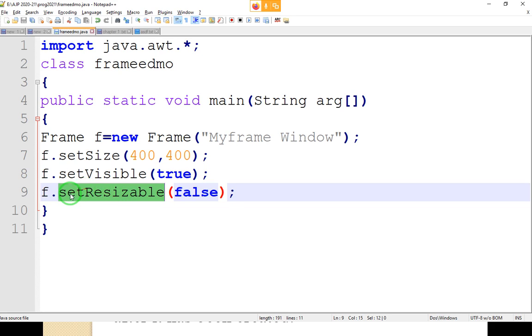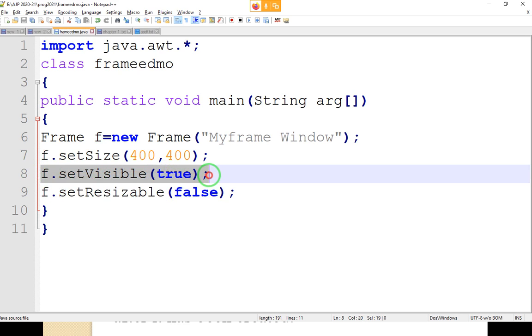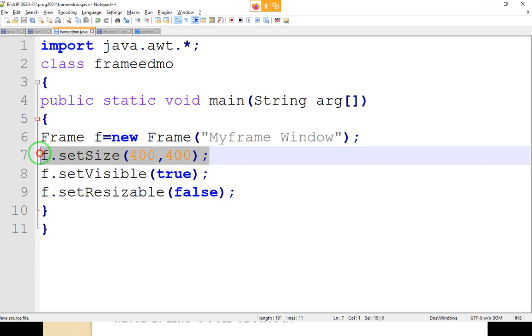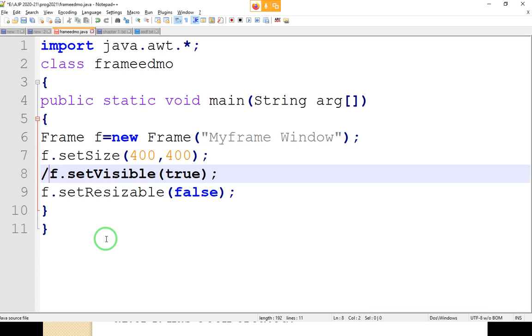Okay, did you all get it? Just two important methods, setVisible and setSize. These two are the most important. If you are not going to write